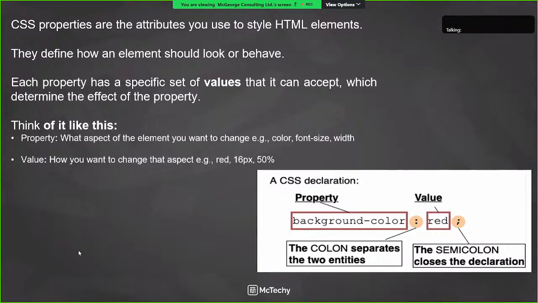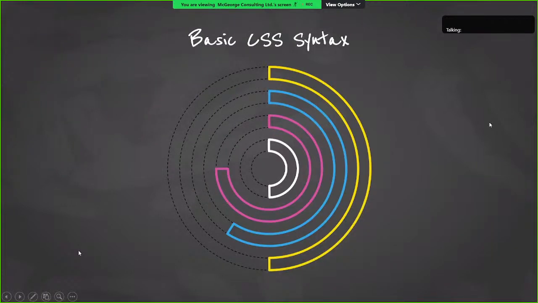So are we following? Let me know if you're following, please. Now let's move to the basic CSS syntax. I've done this before. The basic CSS syntax is just